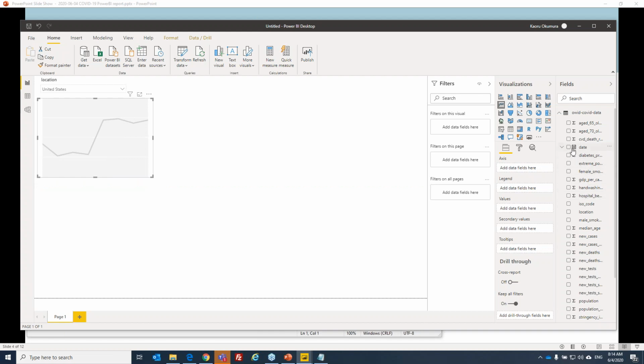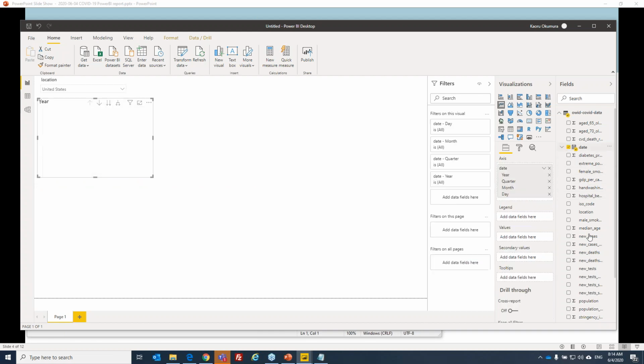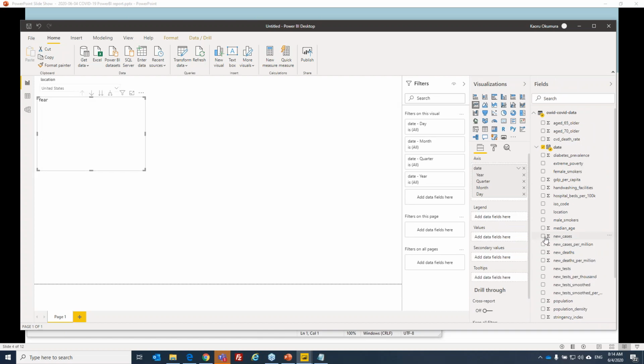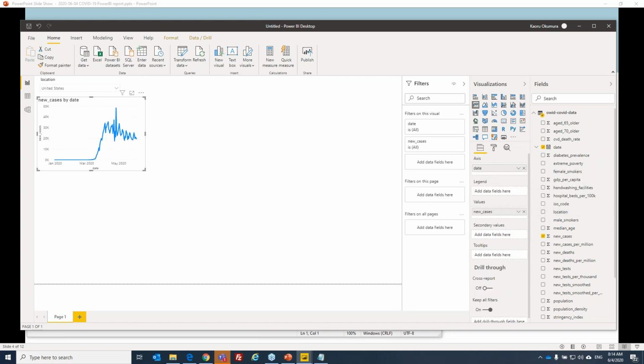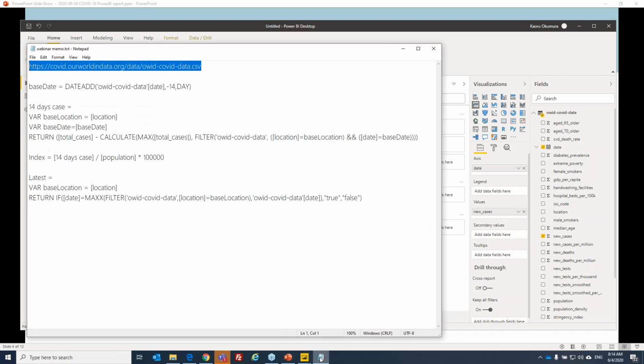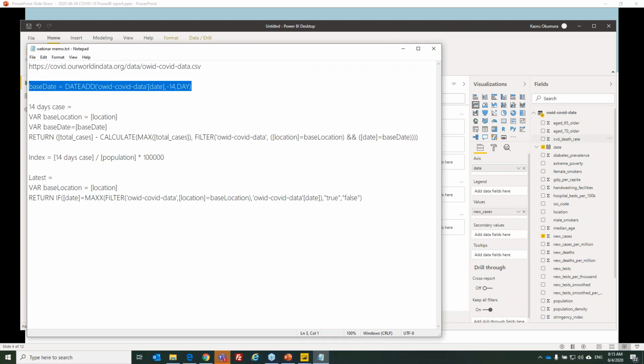like a date and new cases. Okay, just new cases. Here we have to set date, not hierarchy, but just date. So this is really an easy one, but this does not show the last 14 days or so on. So what I'm going to create is another column showing